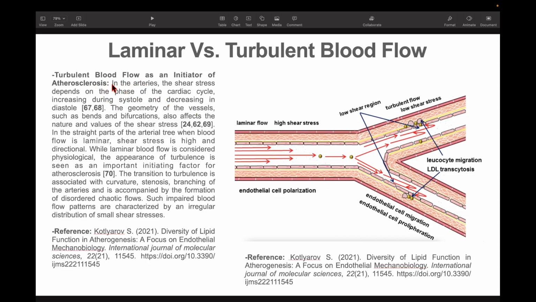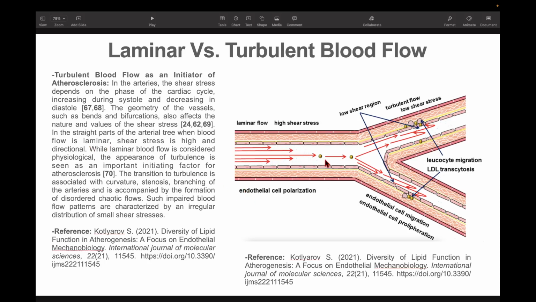The quote starts: in the arteries, the shear stress depends on the phase of the cardiac cycle, increasing during systole, so that's when the heart is contracting, and decreasing during diastole, so when it's relaxing. The geometry of the vessels, such as bends and bifurcations, also affect the nature and values of the shear stress. In the straight parts of the arterial tree, when blood flow is laminar, so what we can see over here,